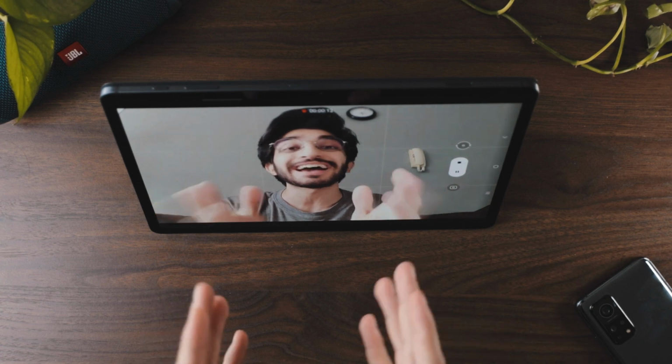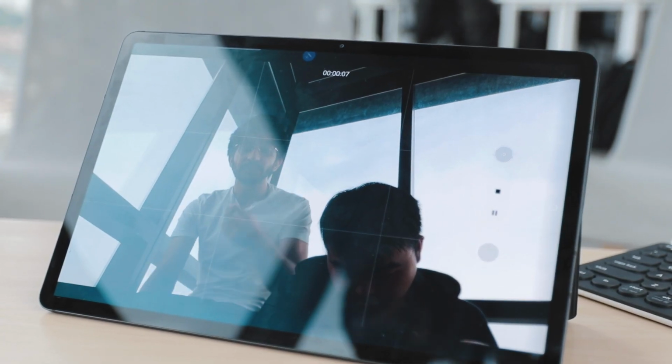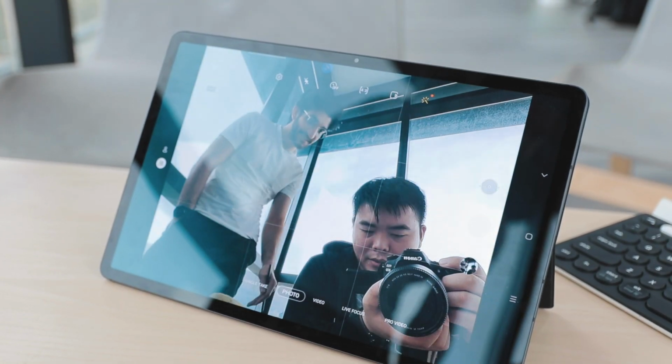When it comes to the front camera, this can easily be doubled as a webcam. So if you place it down, have the front camera turned on, you can have a webcam session, especially these days when you're using Zoom and Skype and all that. I'm going to show you a quick sample of the sound quality from the microphone and the video coming out straight from this. Alright, so this is a front camera video recording test to test out the webcam and mic